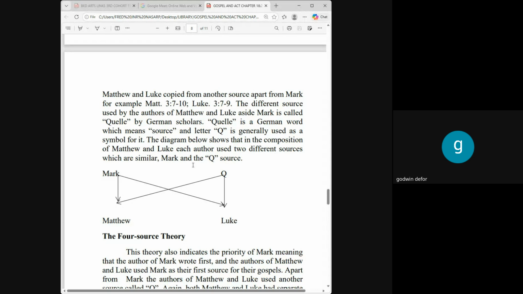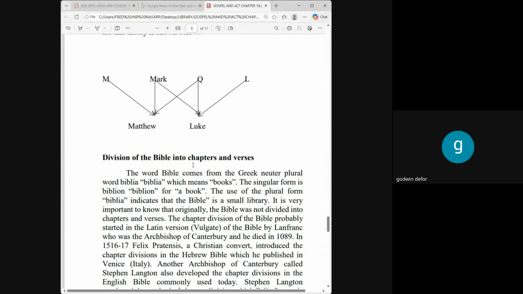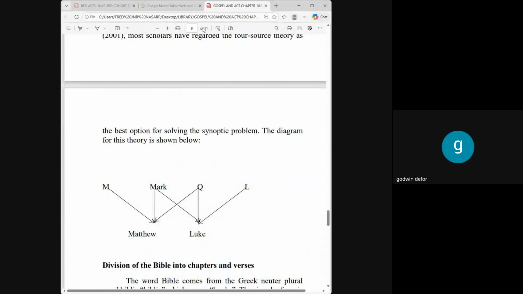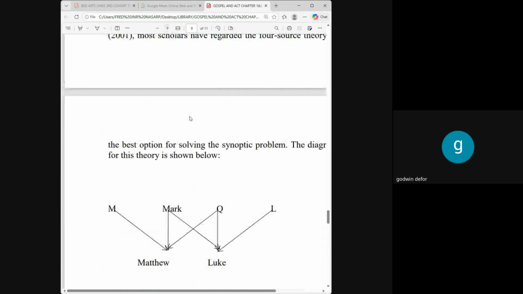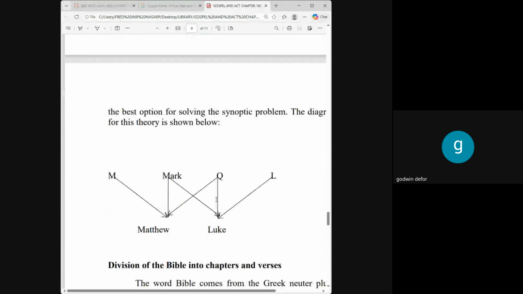So it means that the four source theory supports the two source theory that there was a Q source that both Matthew and Luke used. Then they were not satisfied. They like copying so much. So after copying from Mark and Q,